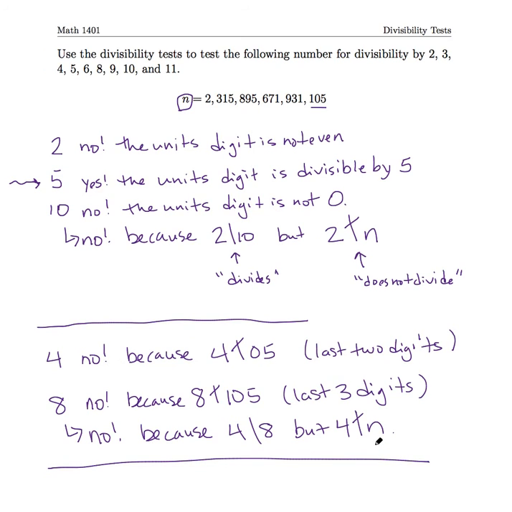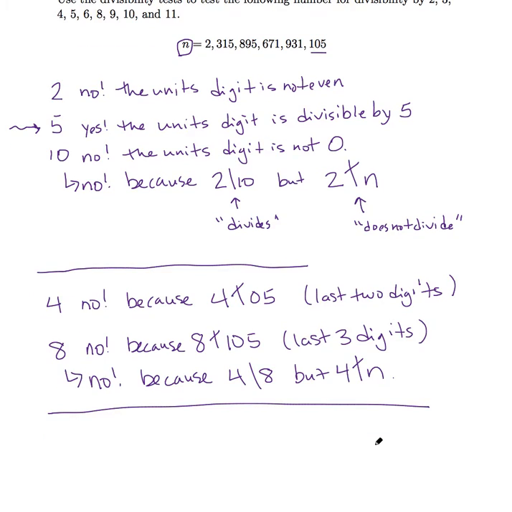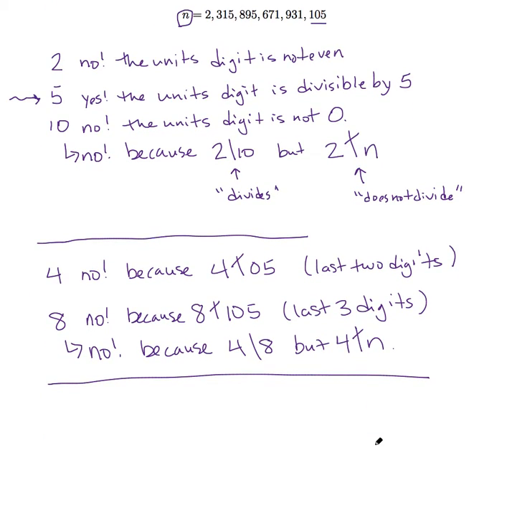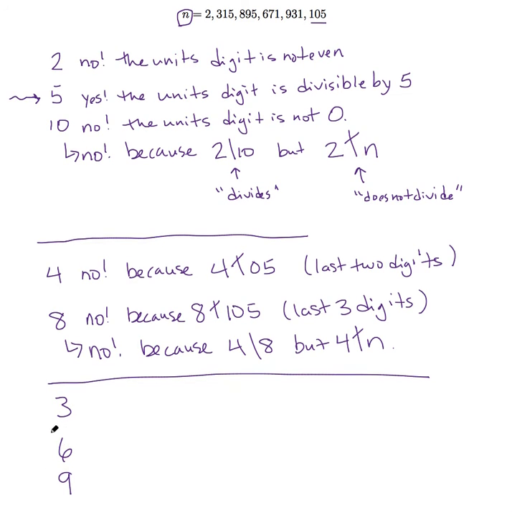Okay, our next grouping of numbers is going to be 3, 9, and 6. So let's look at those. Let's actually put them in order: 3, 6, and 9. And the way that we approach these numbers, well, let's say the way that we approach 3 and 9 is